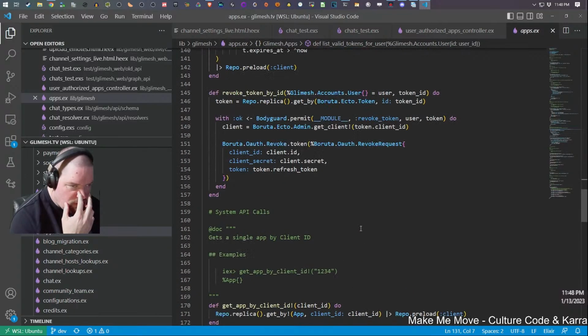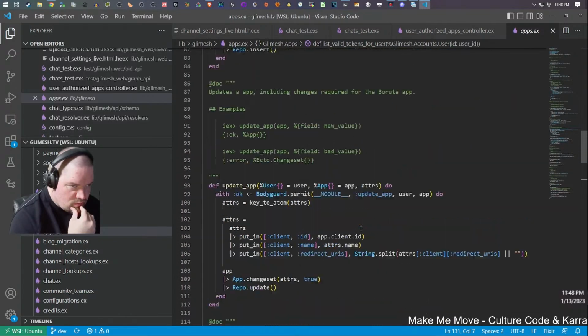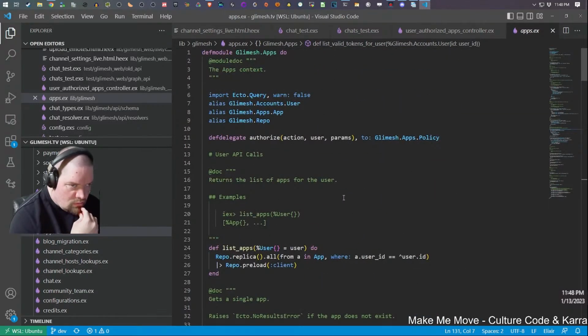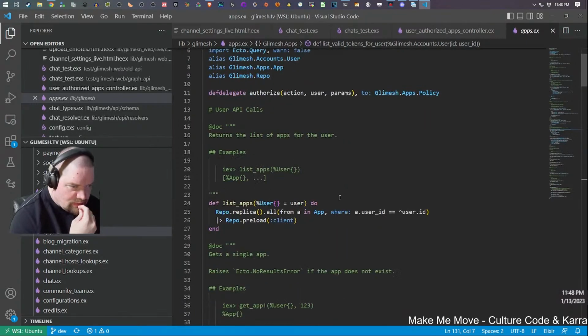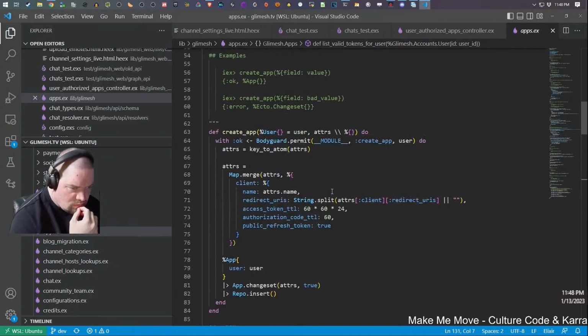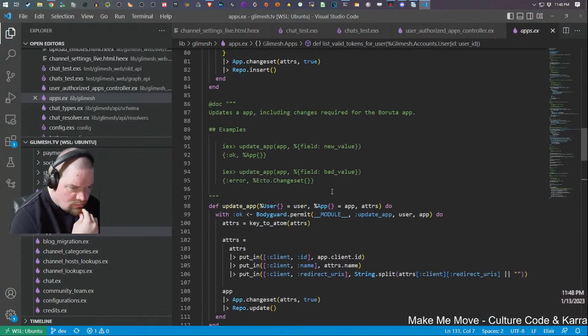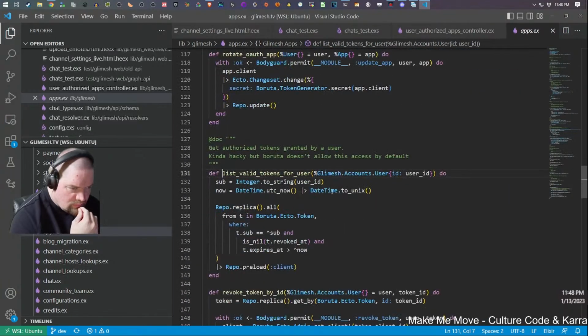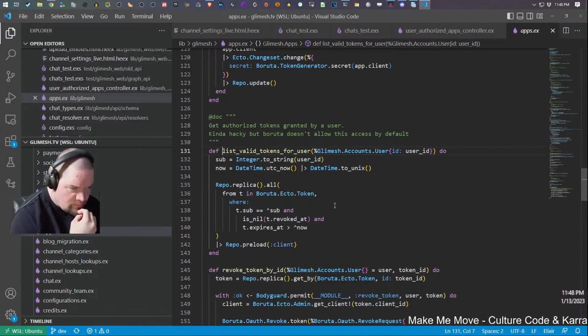Token by ID. List apps from an app where user ID, reload client. Valid tokens.